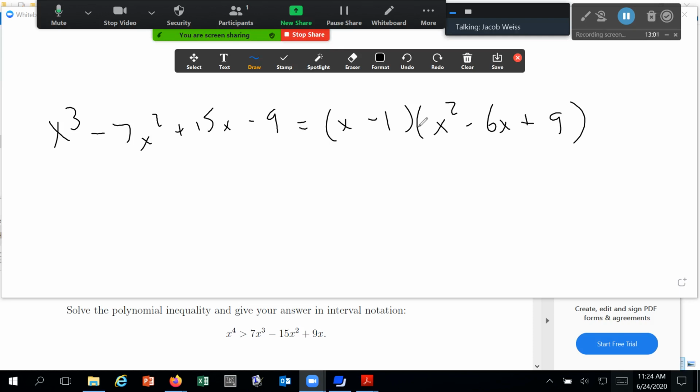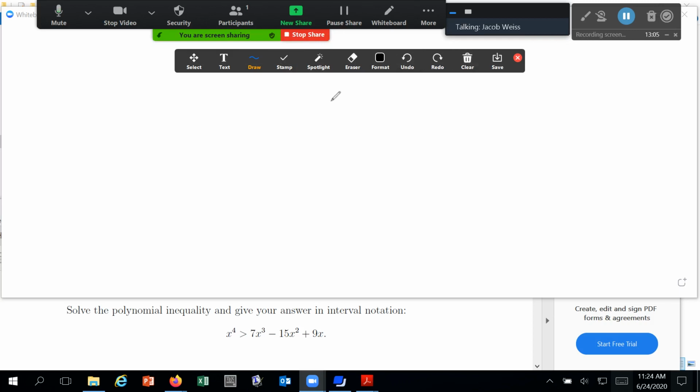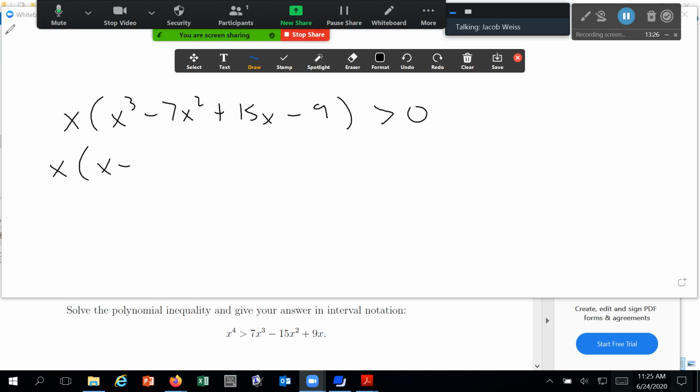Okay, so let's go back to the problem that I had circled several minutes ago. So the problem we want to solve is this. We had x times x cubed minus 7x squared plus 15x minus 9 is greater than 0, right? So now what we've just shown is that this stuff is equal to x minus 1 times x squared minus 6x plus 9